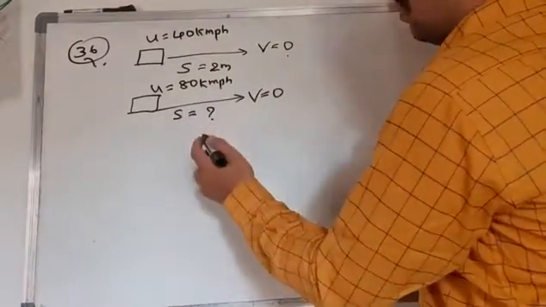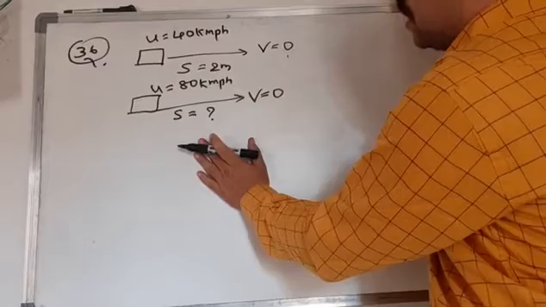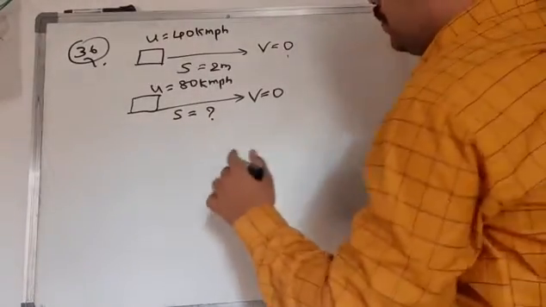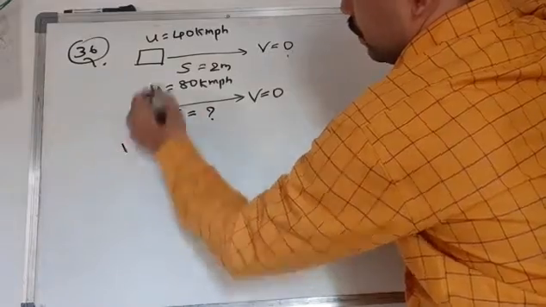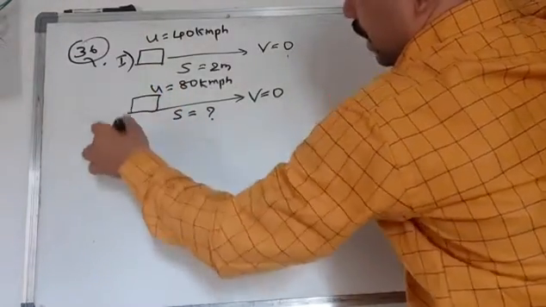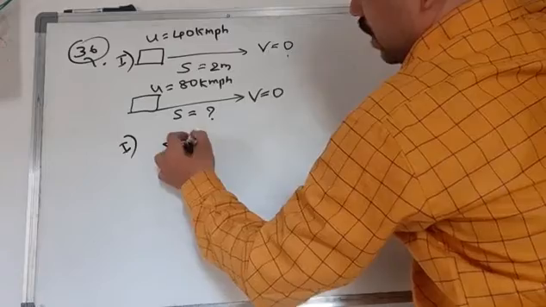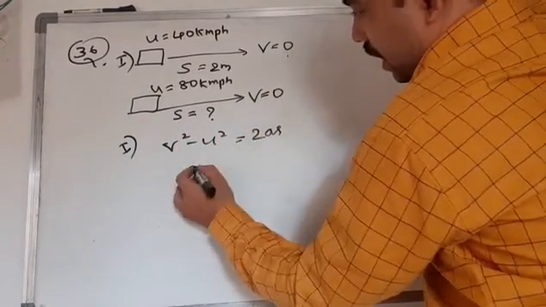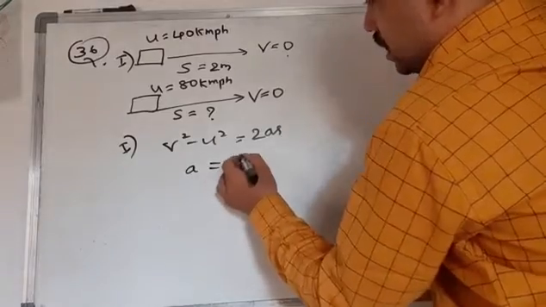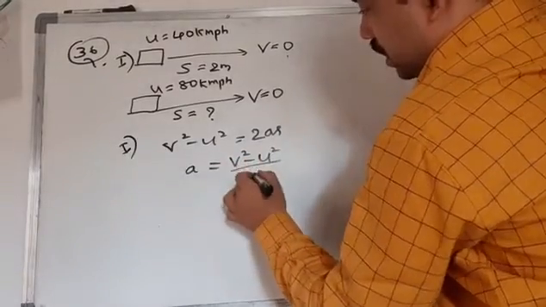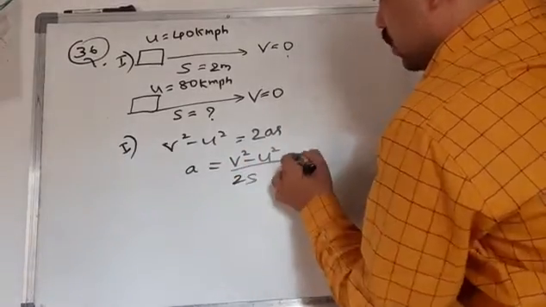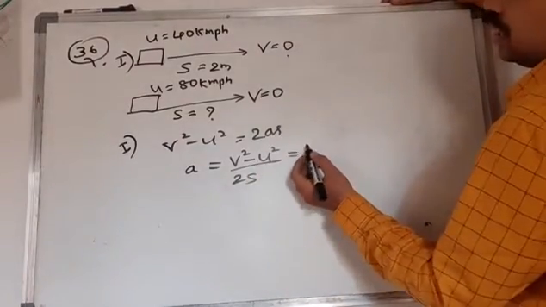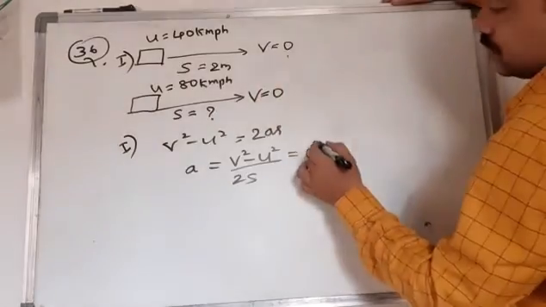So for the stopping distance, we should write the formula first of all. From that we can derive this easily. So for the first case, v square minus u square is equal to 2as. From this we can find a value. a is equal to v square minus u square by 2s. So what is the a value? We can take v is equal to 0, so 0 square